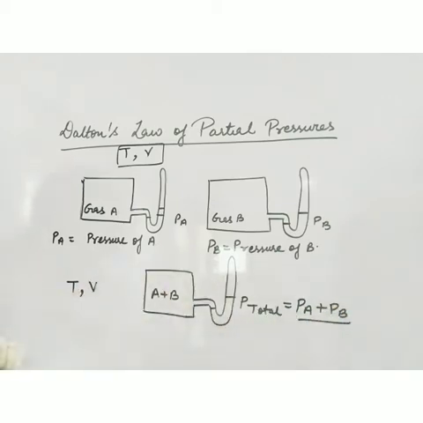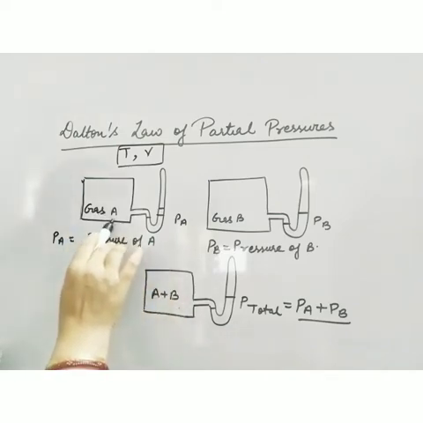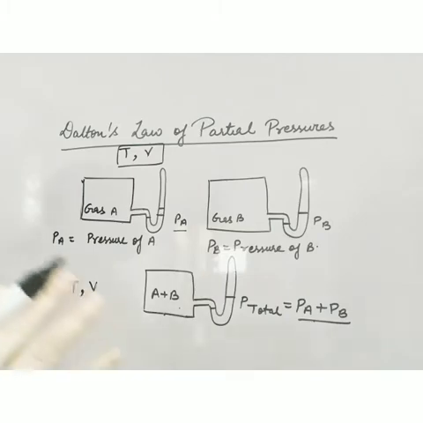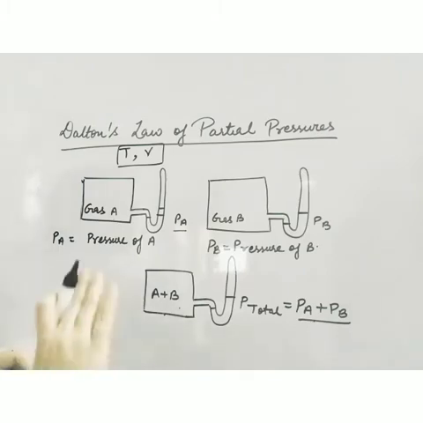Now what is the meaning of this term partial pressure? When the gas is present alone, it exerts a pressure. But when the same gas is present in the mixture, now when A is here, what is the pressure of A? PA. Now when A is in the mixture, what pressure is it exerting? The same PA. But here it will be called partial pressure, because now the gas is not alone. The gas is present in a mixture. So what is partial pressure? The pressure of a gas in a mixture. The value is the same.